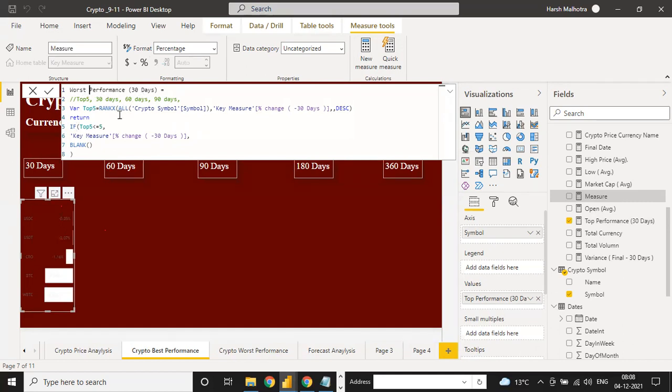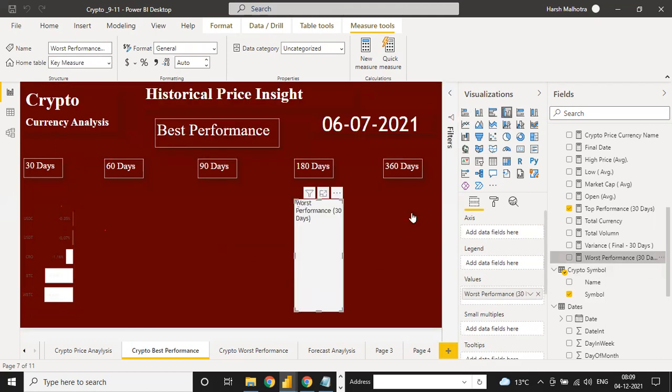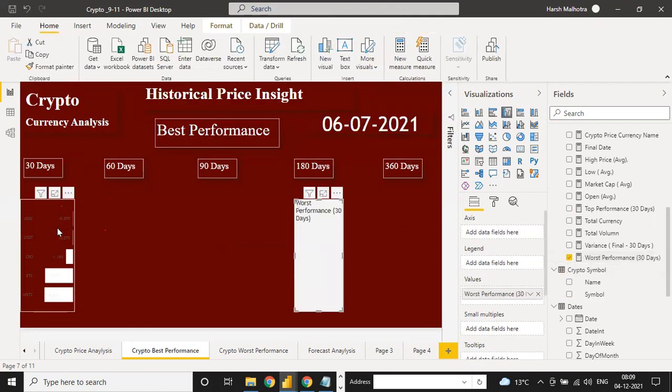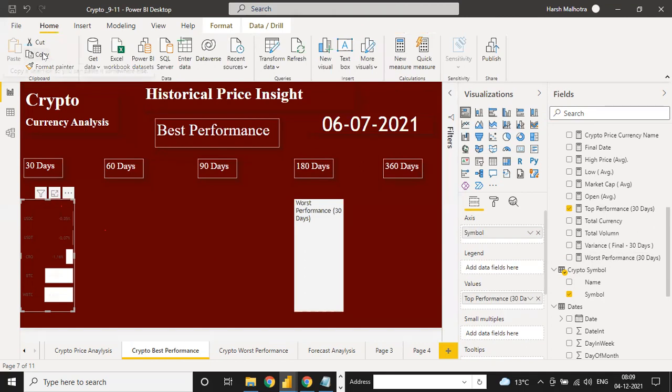And guys, worst means you have values from down to up. Here is a value up to down, and here is a value down to up. It means you can change it into ascending only. Everything is same, if you click enter, everything is same. Only instead of descending, you have ascending order. Click this, copy and just paste.